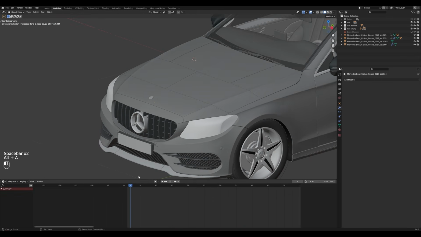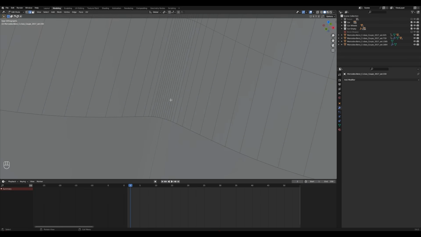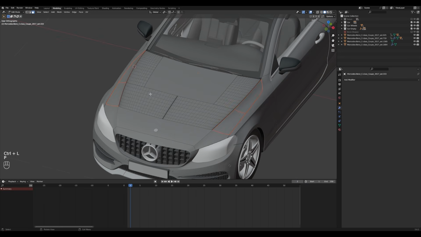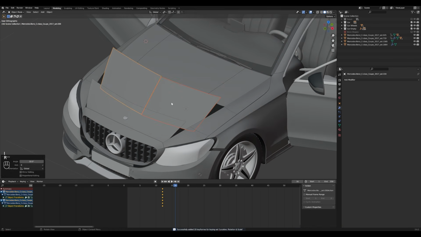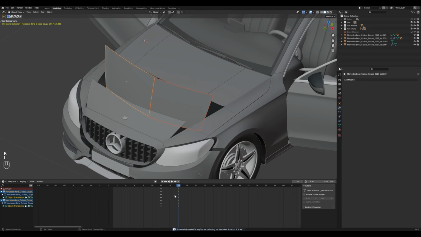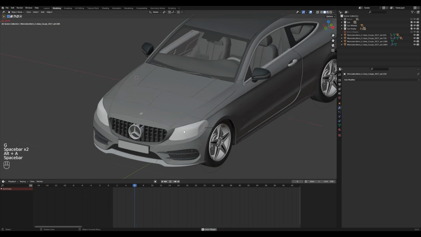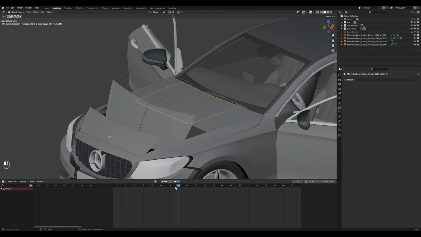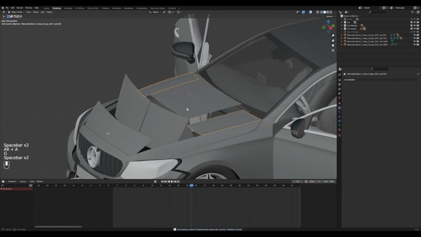Here you can see I have split some other parts as well. So here you get a brief idea of how I animated each part.